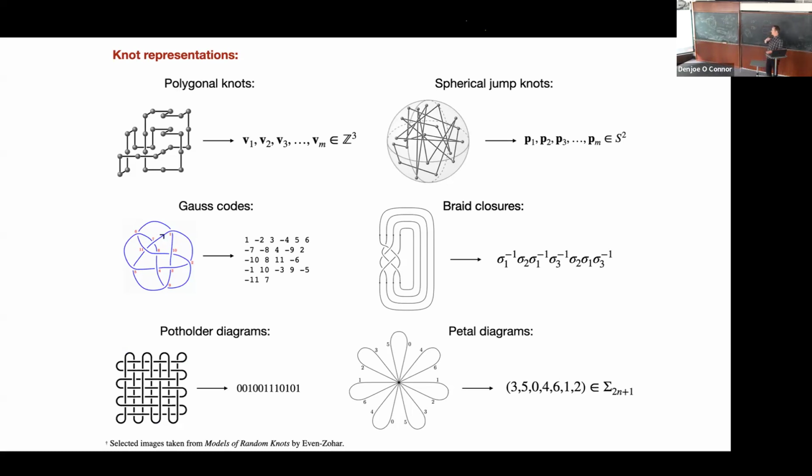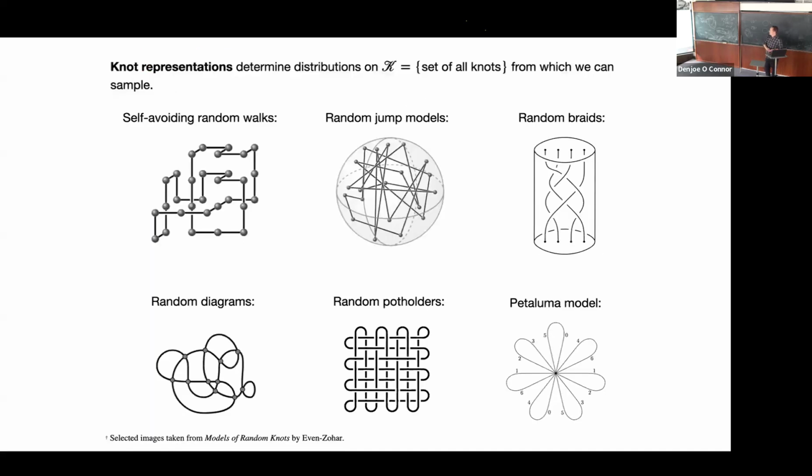The problem with these is that when you're dealing with an infinite data set, you have to be very careful about what you mean. You can't just sample uniformly from an infinite data set, right? You have to specify some representation, and then when you're sampling from your data set, the representation that you've chosen plays a role in the distribution that you observe. And so each of these models for representing knots really gives you a different distribution on your space of knots. But the infinity you're concerned about here is